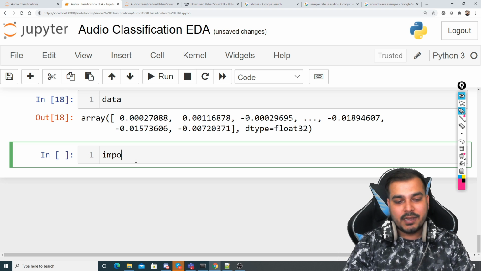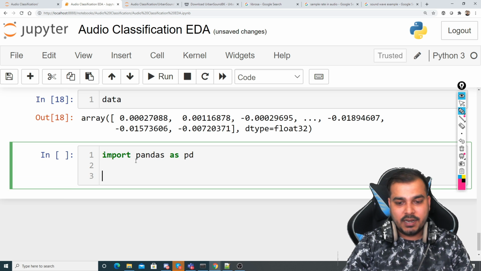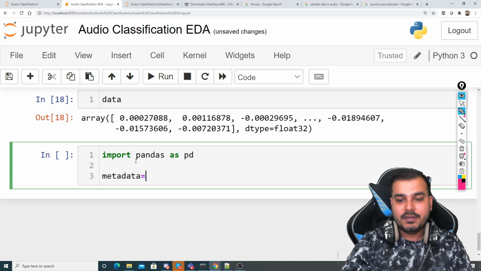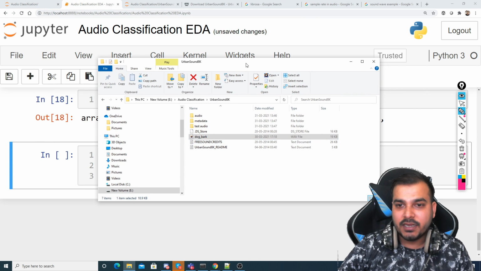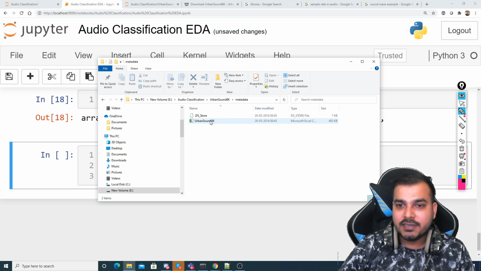Now what I'm going to do is say import pandas as pd, and this is my metadata. Remember, guys, we have been given in our data set something called metadata also. Inside this metadata, you have UrbanSound8K.csv.